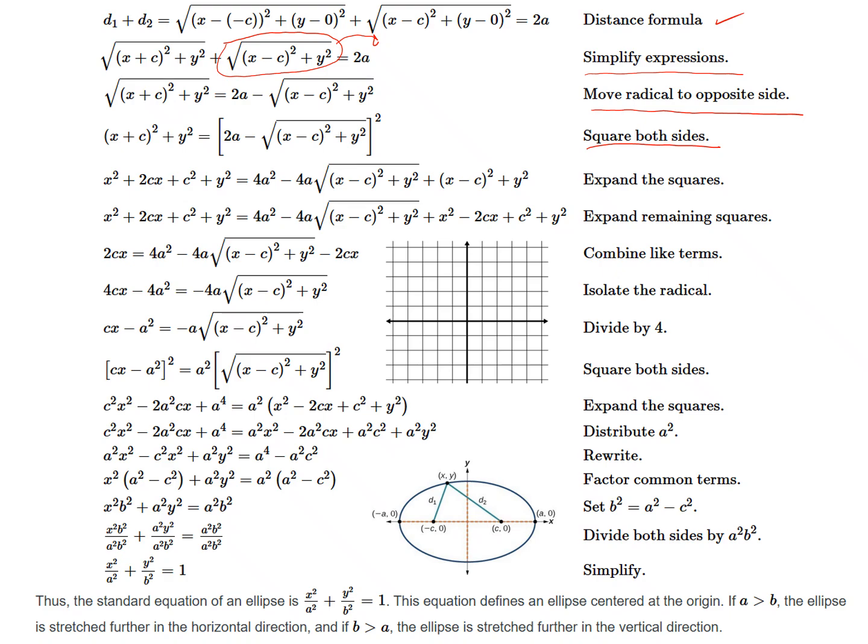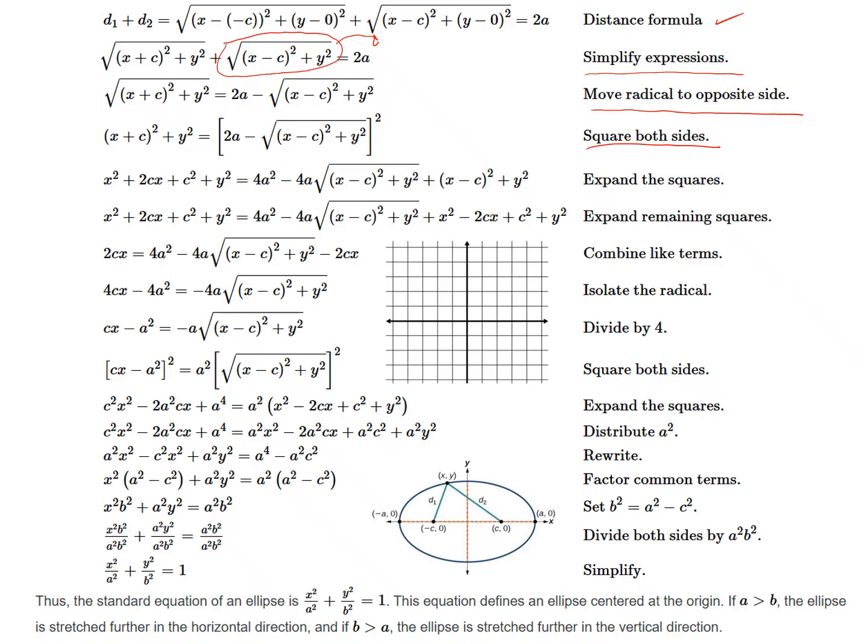So squaring both sides, the index of the radical, which is 2, and the exponent, which is equal to 2, cancel out. That's why you've noticed that there's no radical anymore on this part, because we take the square of the square root. So the index here is 2, the exponent here is 2, that cancels out. Therefore we have here on the left side only this.